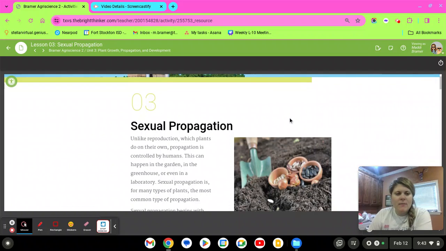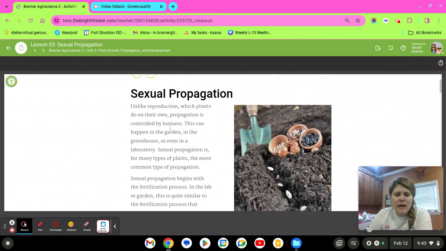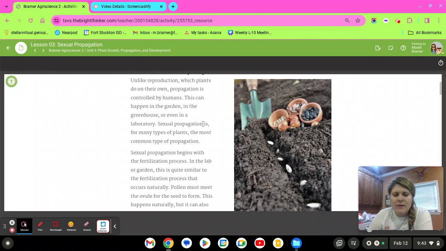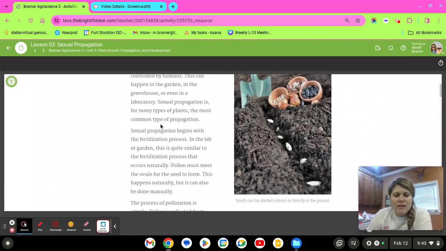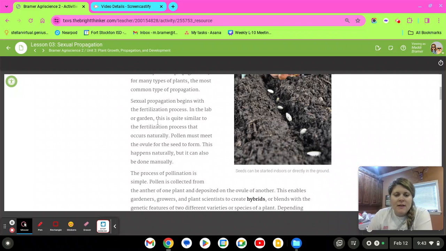All right, so lesson 3, let's dive more into sexual propagation. Unlike reproduction, where plants do it on their own, propagation is where humans intervene. That's like if you're planting a garden and you're planting seeds, you're propagating. Sexual propagation is, for many types of plants, the most common type of propagation, and that's going to start with